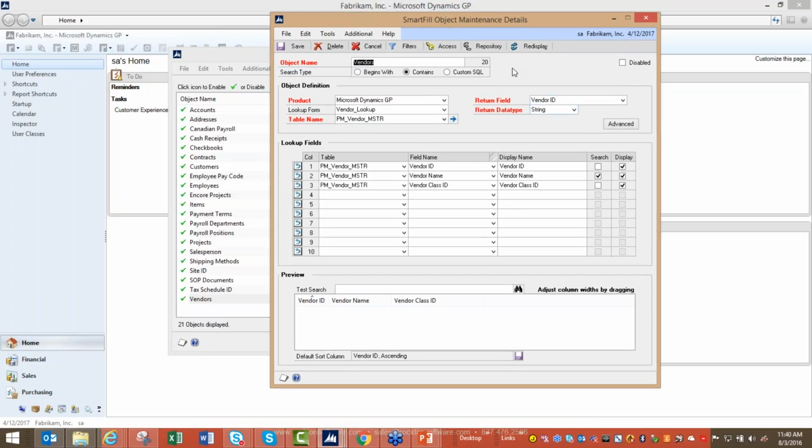open this up. Now you've got lots of options here. You could link additional tables. You can create calculated fields. You can search note information, things like that. But it's already set up just to work with my vendor master. So I can search by anything in that vendor master. So if it's easier for me to search by their city, maybe I want to know what locations they're in,